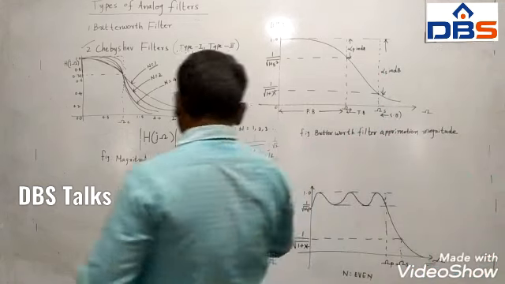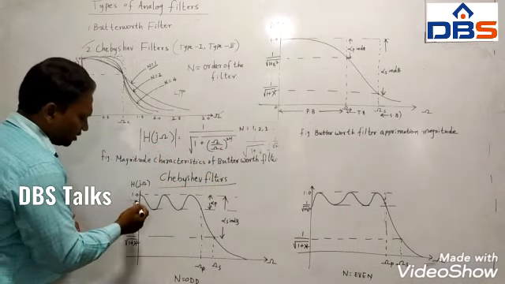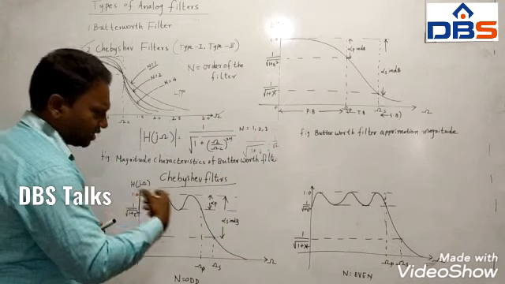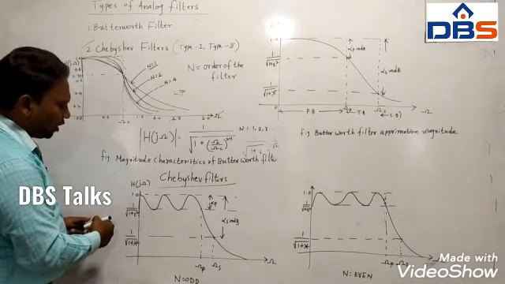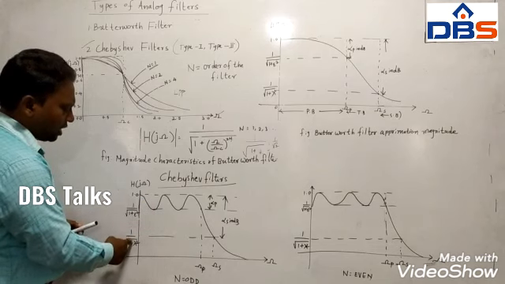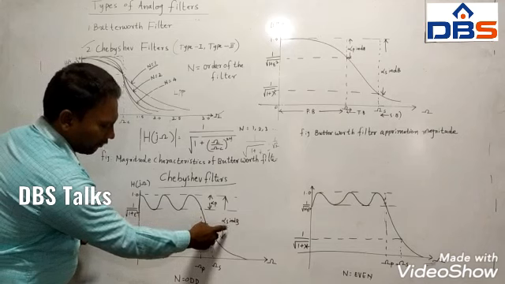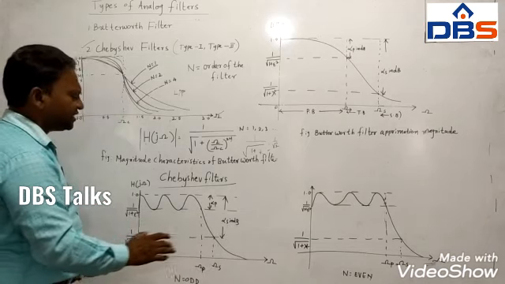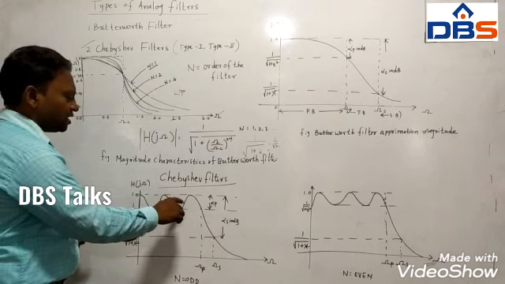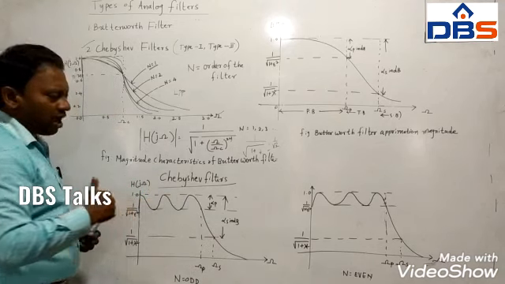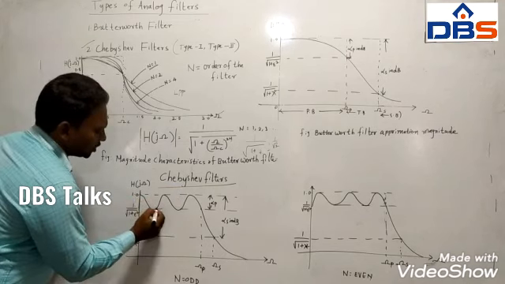Now we will see this. So that is a major difference. In the Chebyshev filters, all the remaining parameters are the same: 1 by under root 1 plus epsilon square and 1 by under root 1 plus lambda square, alpha p, alpha s, omega p, omega s. Everything is the same. The only difference is that the magnitude response in the passband is oscillating, and ripples are present.